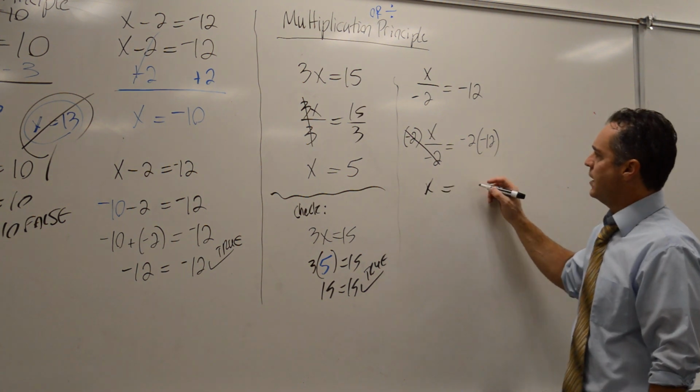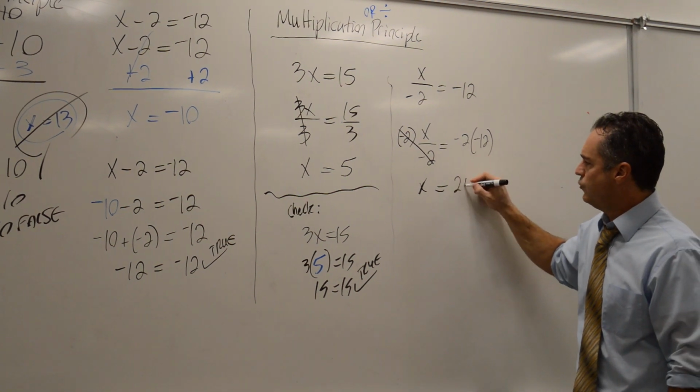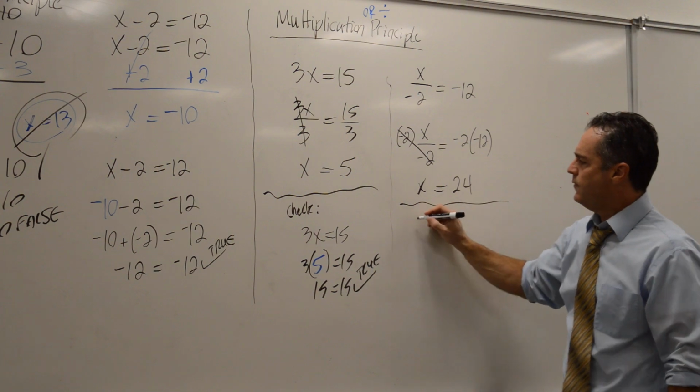And negative 2 times negative 12, what's a negative times a negative? That's right, a positive. 2 times 12 is 24. X equals 24. So that's how you'll do your homework again tonight. Then you'll write check,